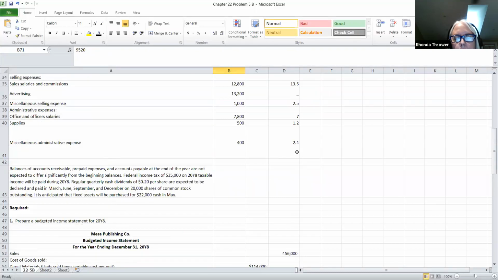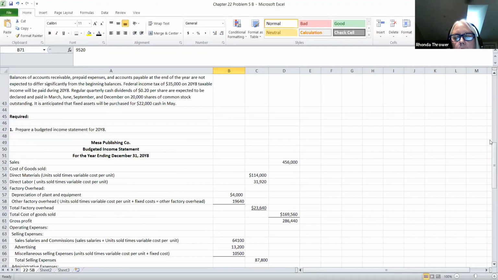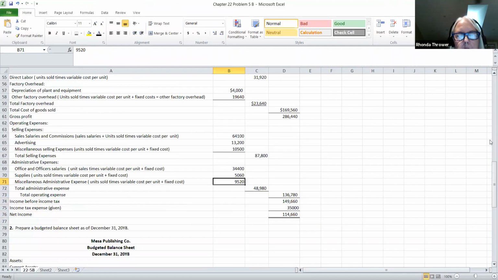It was $2.40 times 3,800 units sold is the variable portion of the miscellaneous administrative expense cost. Then we'd have to add back 400, which is the fixed cost portion of this, and that will give you